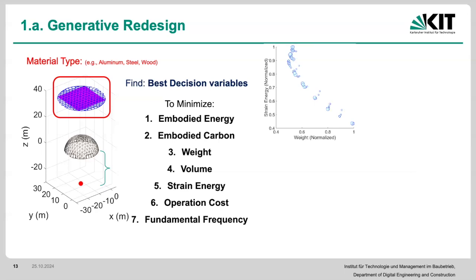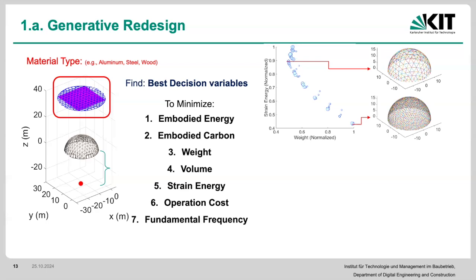and I think fundamental frequency we're actually going to maximize, but we have a bunch of these criteria that, depending on different designs, are going to give us conflicting results, right? So just think about it. In terms of strain energy, you're going to get this, or in terms of weight, the design that minimizes weight is looking like this. But the design that minimizes strain energy is actually looking like this. And it makes sense, right? Because you have much more